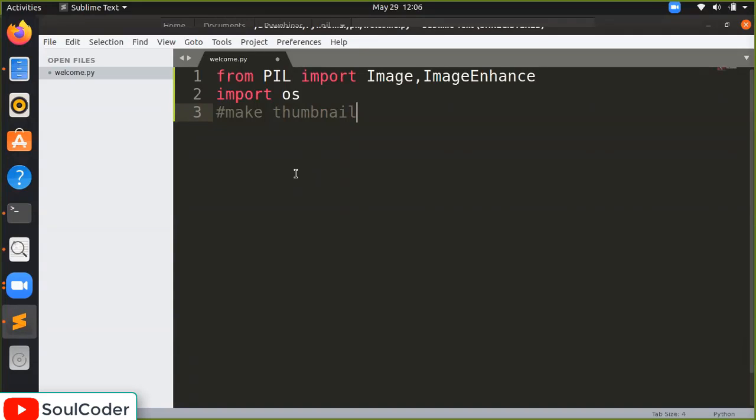I think one person already asked, what is the benefit of using code if you can do it in the image editor? I replied that we can do it for multiple files at a time: make thumbnails for all files at one click. So this is our program for today. Let's see how we will do it. Okay, I am audible to everyone now.